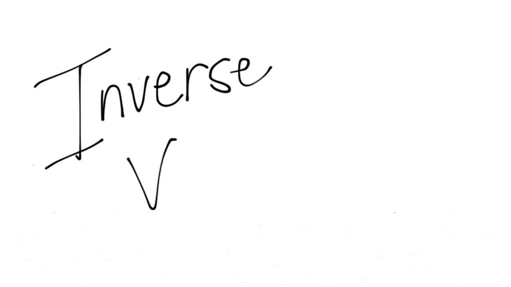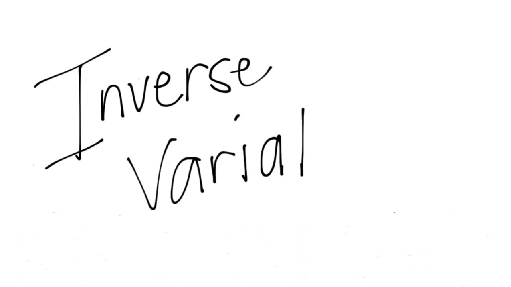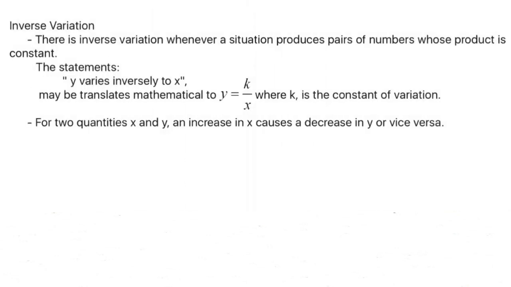Today, we are going to discuss inverse variations. So for us to begin with, let us have the definition of inverse variations. There is inverse variation whenever a situation produces pairs of numbers whose product is constant. The statement y varies inversely to x may be translated mathematically to y equals k over x, where k is